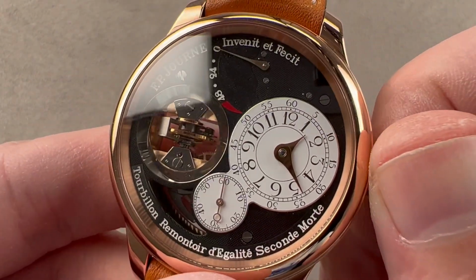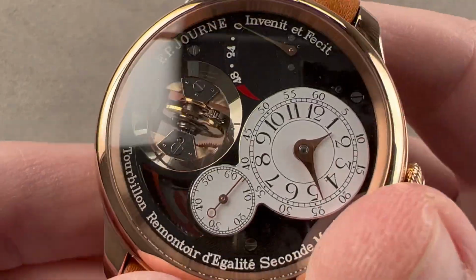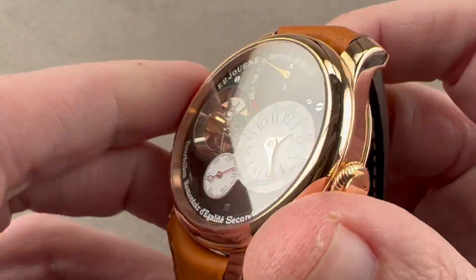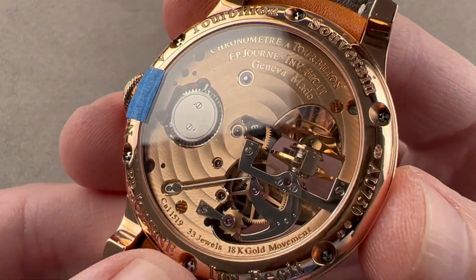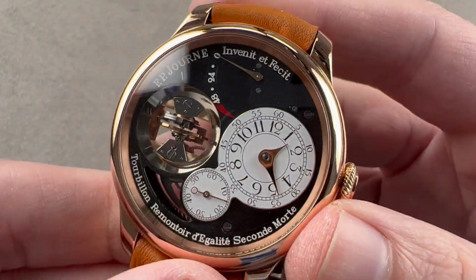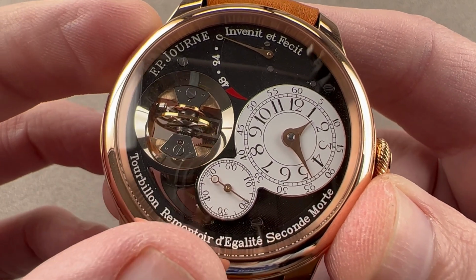So if you wind this watch at the same time every day, you will get constant amplitude to the balance and constant force to the escapement, which is great because it allows this watch to be very precisely adjusted in 6 positions and keep optimal time. F.P.Journe has gone so far as to say historically his tourbillon watches were made more accurate, not by the tourbillon, but by the